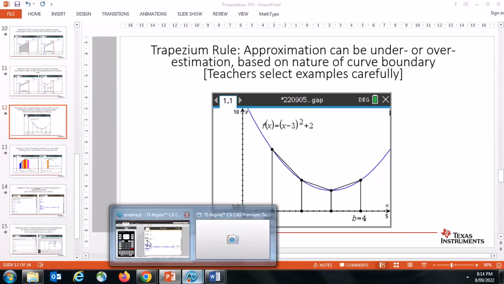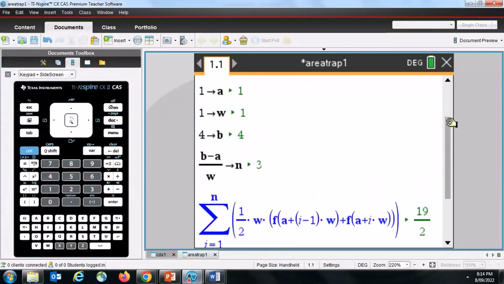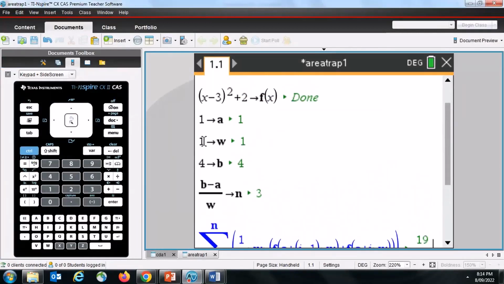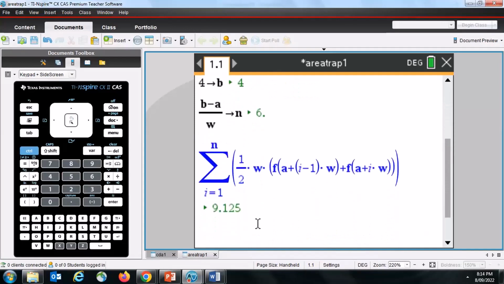Pardon me. Okay, so what happens if I want to make the width something different from 1? Say if I want to make the width equal to 0.5. If I want to make the width equal to 0.5, we should get a lot of changes. And the first thing should be that now the n value will be b minus a, which is 3, divided by 0.5. It should be 6. When I press enter, there it is. And more importantly, my area sum has changed now to a decimal,